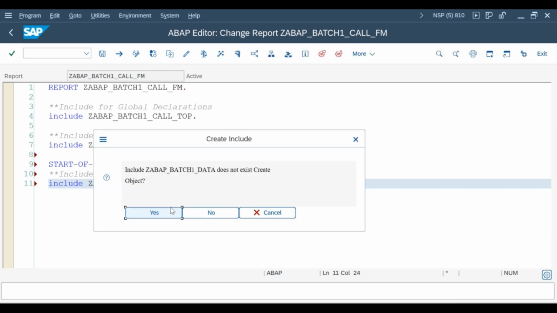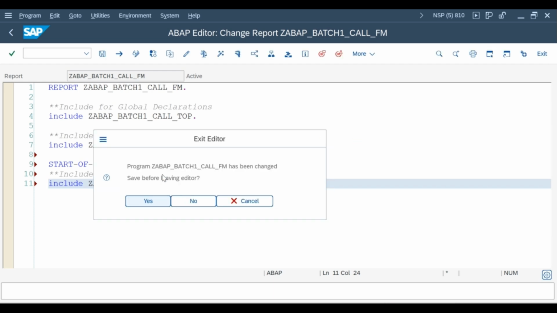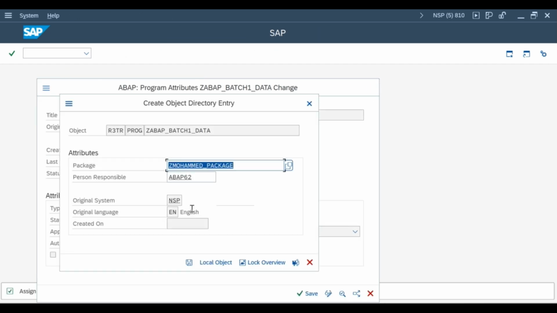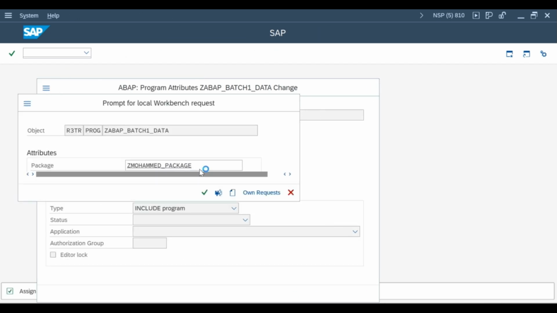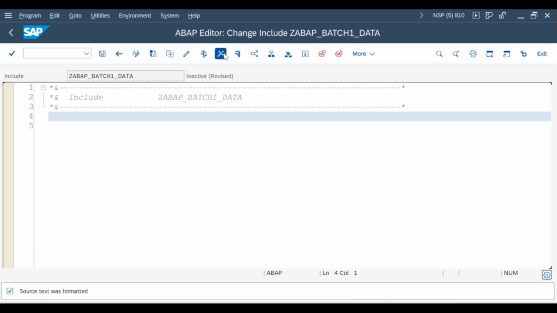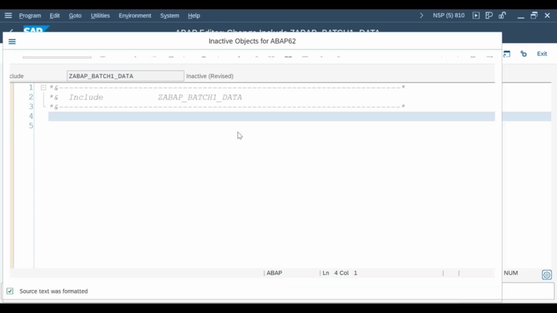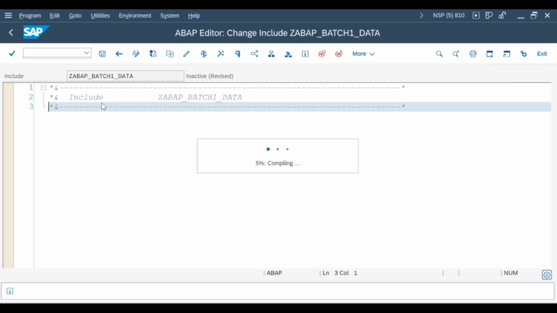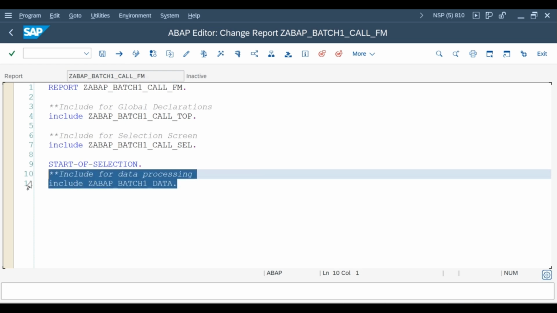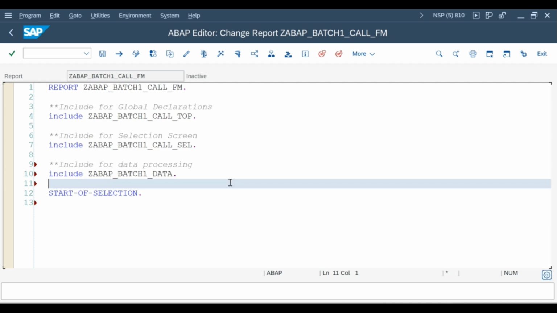Now click on this. As usual, provide your package name and transport request details. Activate it. Just activate it. Okay, so what you do here, put this include here in the top, and after selection